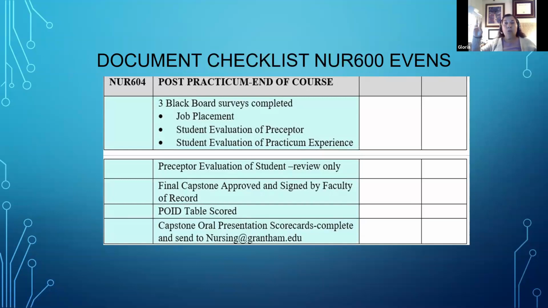We base one of our ELAs, help me with what that stands for? Level of achievement. We base our levels of achievement on how the student did the POID table. We need to have that scored. It needs to be placed in the assignment Dropbox. Finally, when our students give their capstone presentation, all of the faculty that come to these,